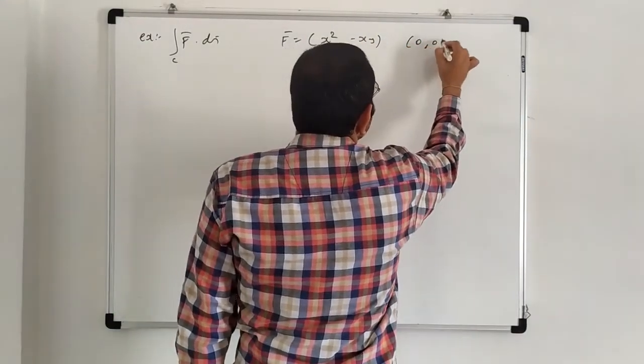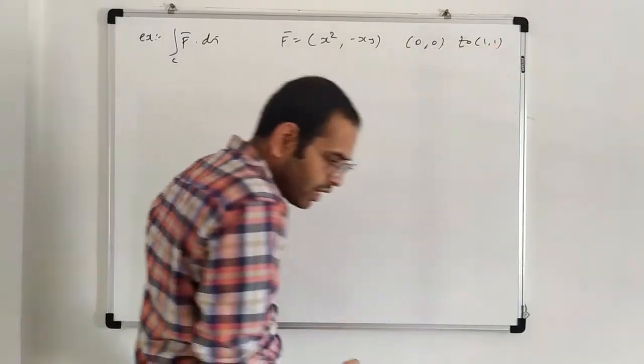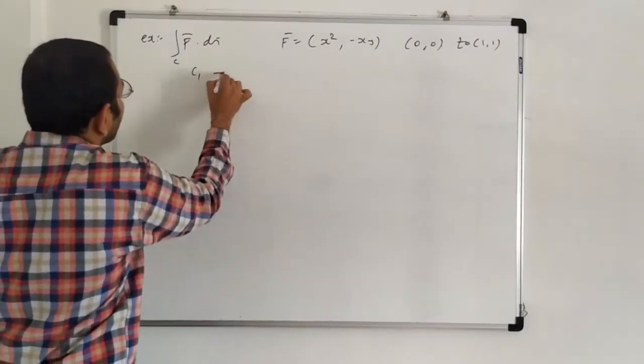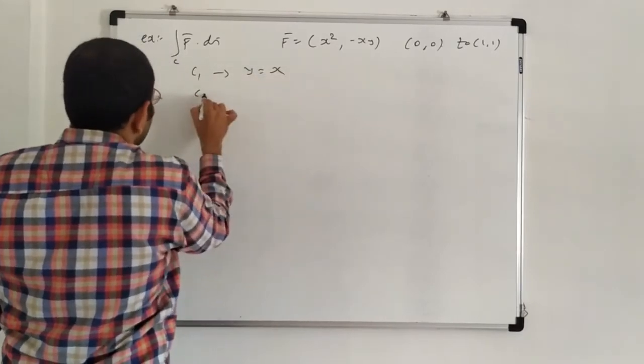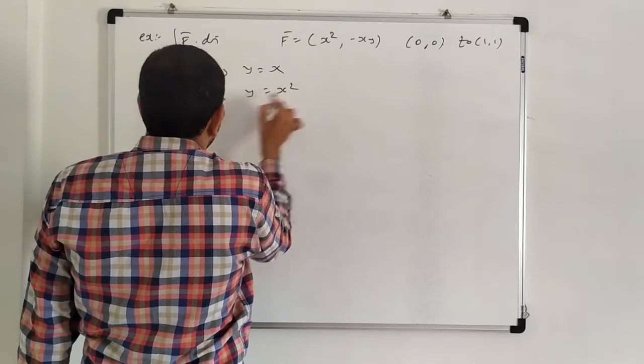Here the points are (0, 0) to (1, 1). For the path C1, y equal to x; path C2, y equal to x squared, that is a parabola,